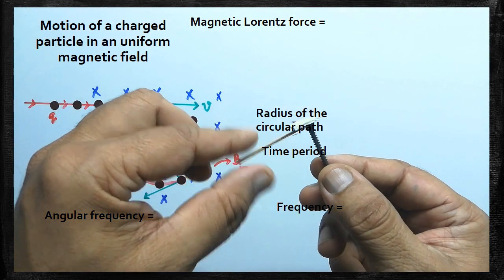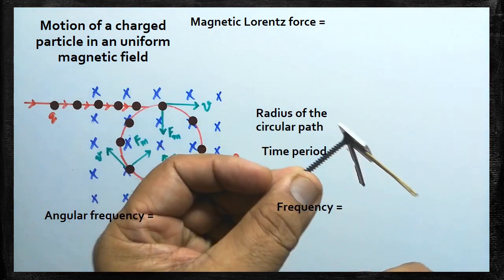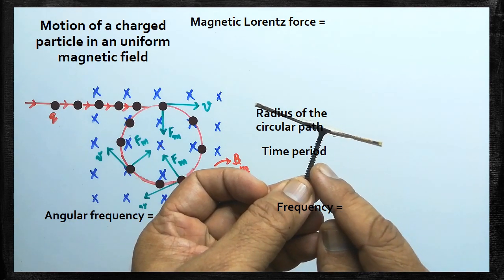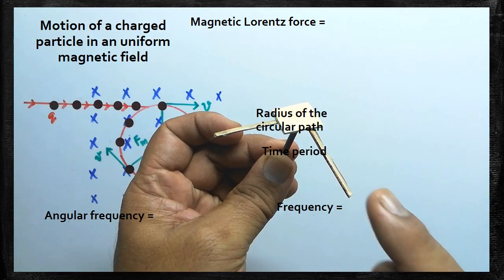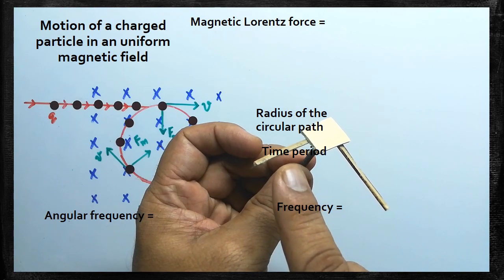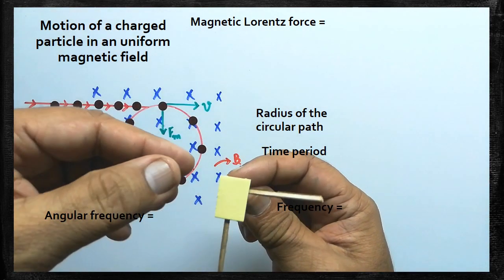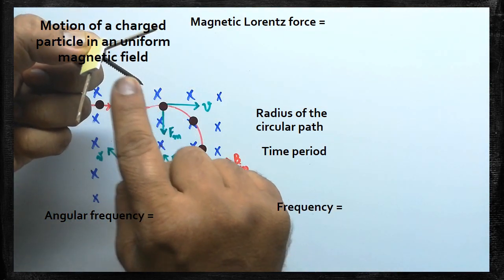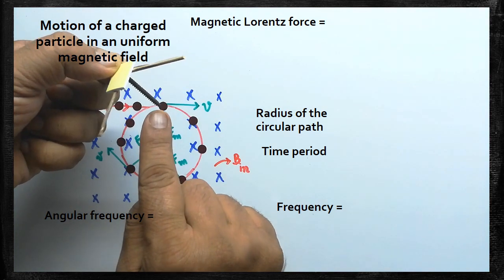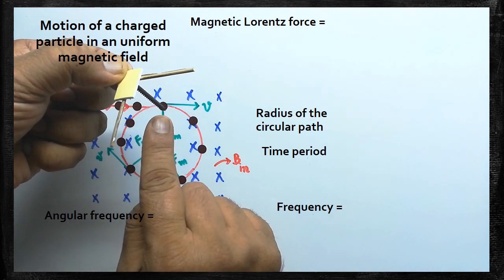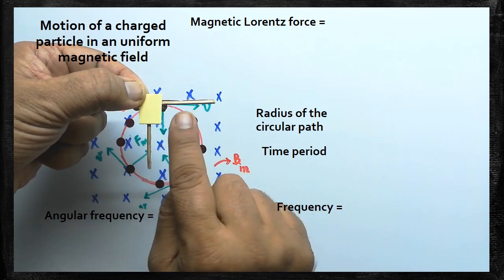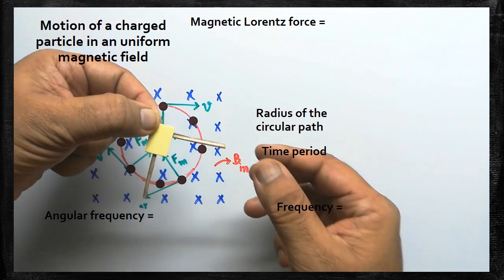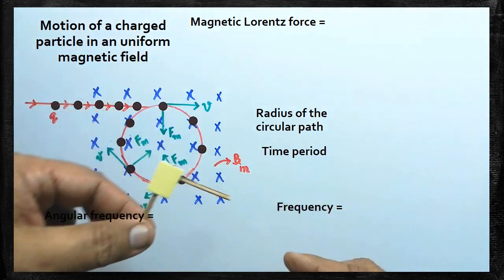Look at the three-dimensional model of the mutually perpendicular arrangement. Here this nail shows the direction of B, this one shows the direction of the velocity, this one shows the direction of the magnetic Lorentz force. I will keep this model at a particular position, you can understand. Look at that. Here the nail is acting towards inward direction, that shows the direction of the magnetic field. This is the direction of V, this is the direction of magnetic Lorentz force. Understood? I will bring the model to another position.